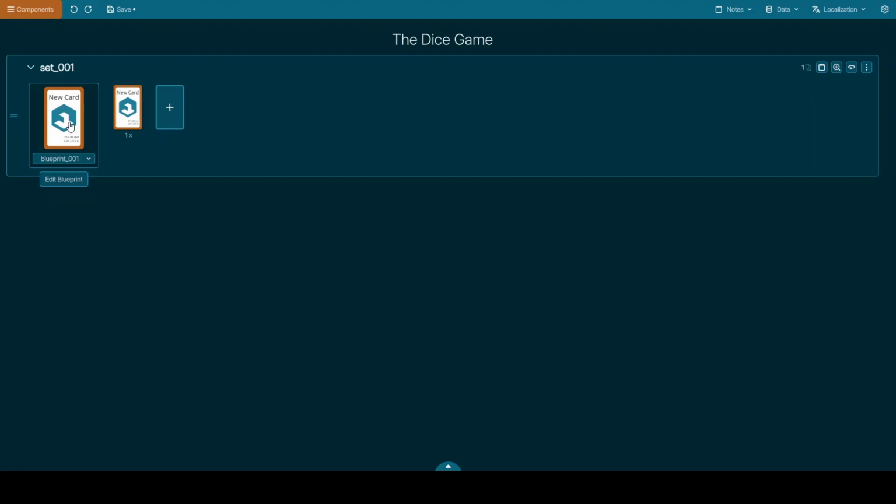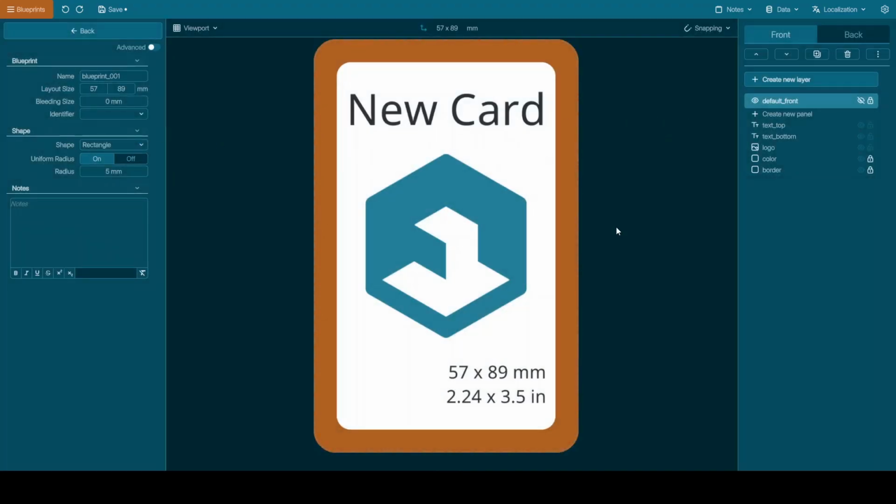So every set has their own blueprint that they use, just as it was in the Dijkstra's version. The terms are a bit different, but same idea. So let's edit this blueprint. We have a default blueprint that looks like this. There is a default logo of the Tabletop Creator and some text fields, some borders, and so on.